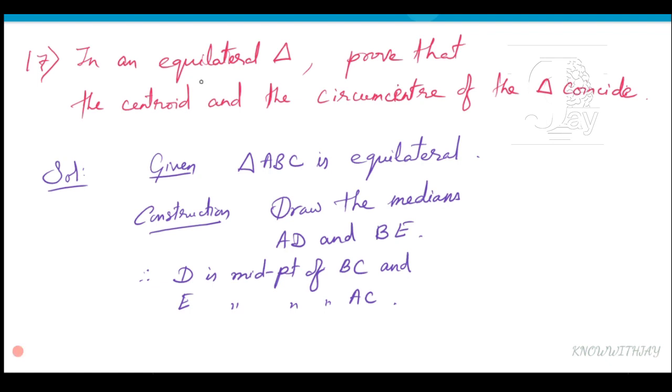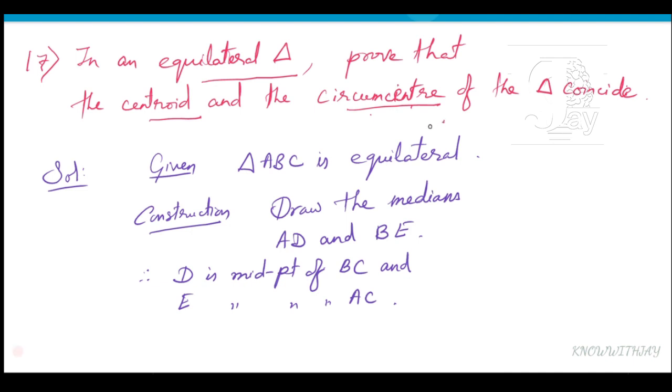In this question we have an equilateral triangle, and we have to prove that the centroid and the circumcenter of the triangle coincide with each other. Okay. So what is centroid? Centroid is the point of concurrence of the medians. So the intersecting point of the medians is centroid, and the intersecting point of the perpendicular bisectors of the sides of a triangle is called circumcenter, because this is the center for the circle which goes through all the